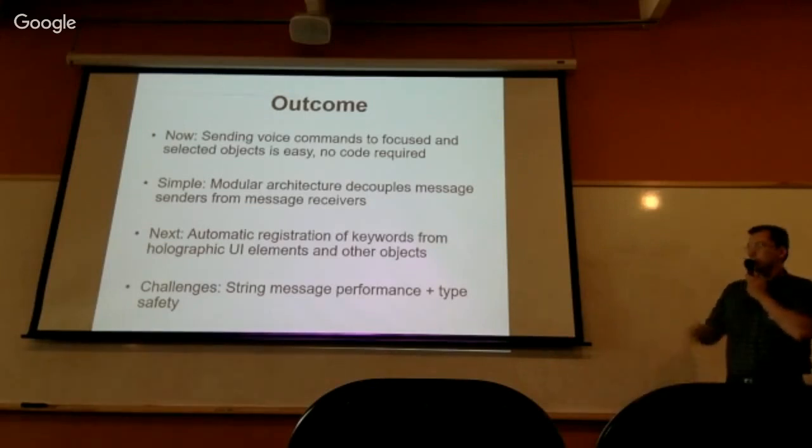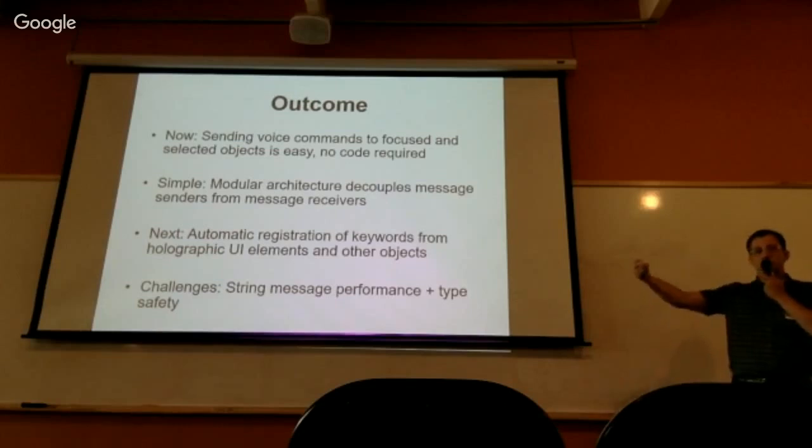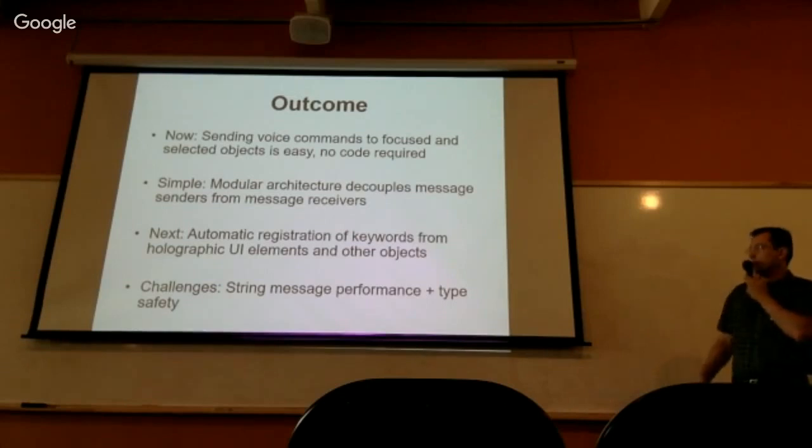And so, the idea is that I want to extract these keywords from UI elements like buttons and then use them in Keyword Manager to automatically register those voice commands based on the text on the button. So anyway,